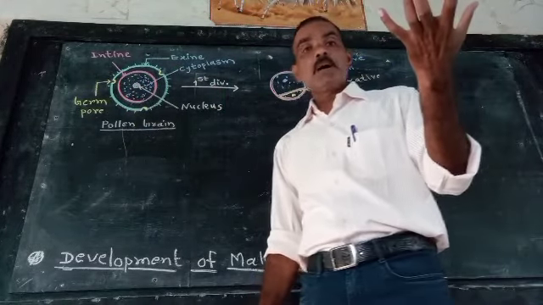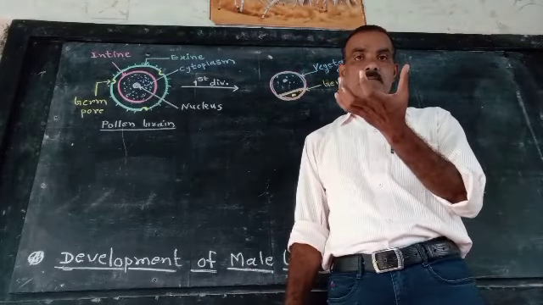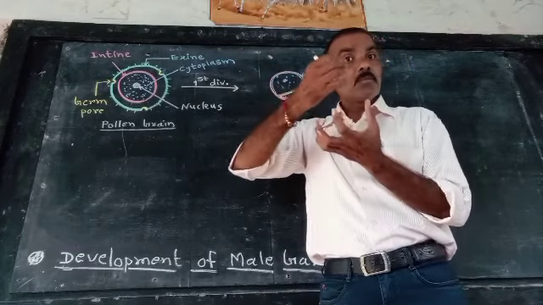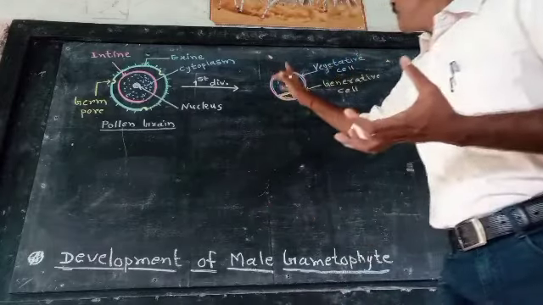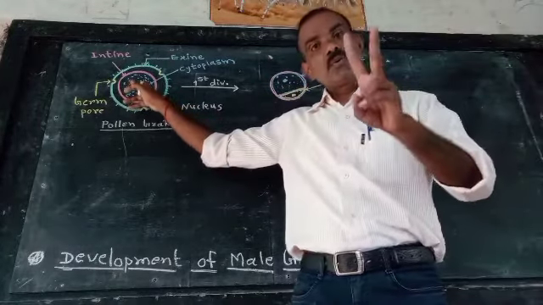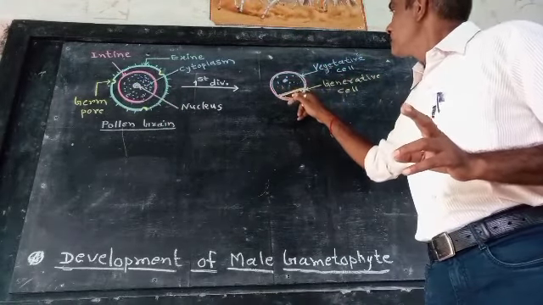On that stigma, the sugary substance present on the stigma is absorbed by the pollen grain, and it becomes swollen. The nucleus of that pollen grain divides into two, the vegetative nucleus and the generative